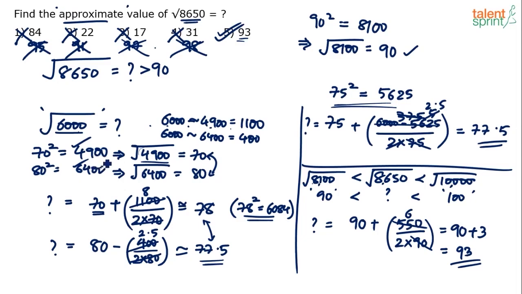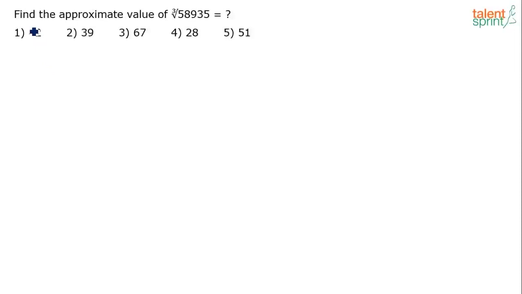Try to take a range where both the numbers are perfect squares so that it becomes easier for you to evaluate, right? And then considering that as the base, plus or minus the difference of the value given in the question and the value that you have considered, divided by 2 times the value that you have got here, right? That's the process. Let us now take the next example from this topic of approximations, where we'll deal with approximate